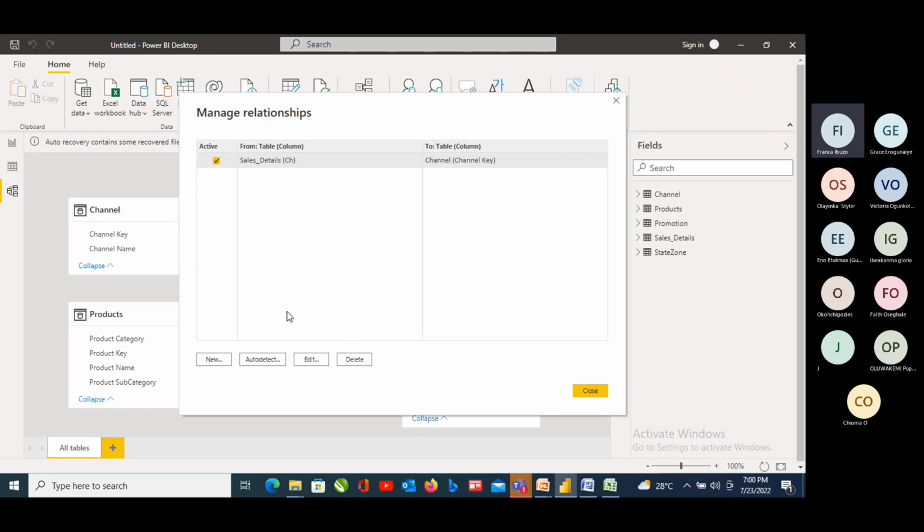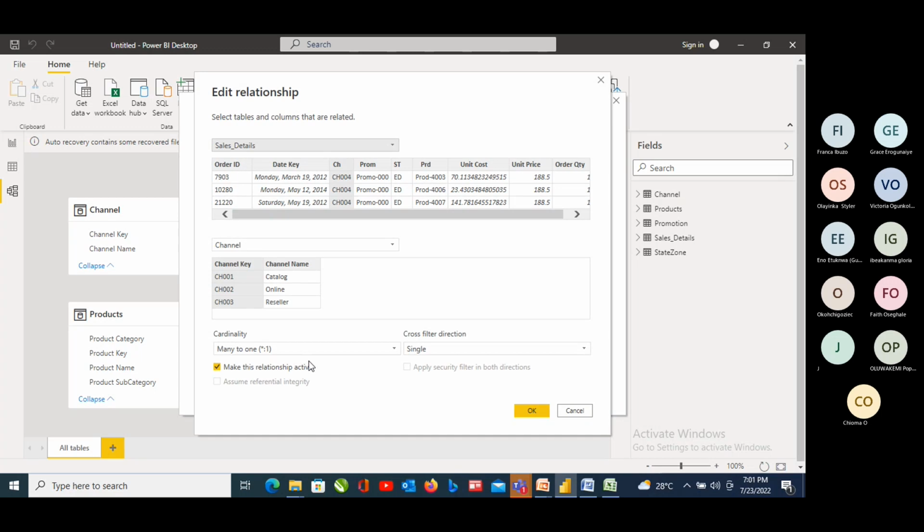If I do edit, you see this is the relationship of sales to the channels, and the relationship is the channels key. That's the relationship. So the channels key is the primary key here, like I mentioned earlier, and